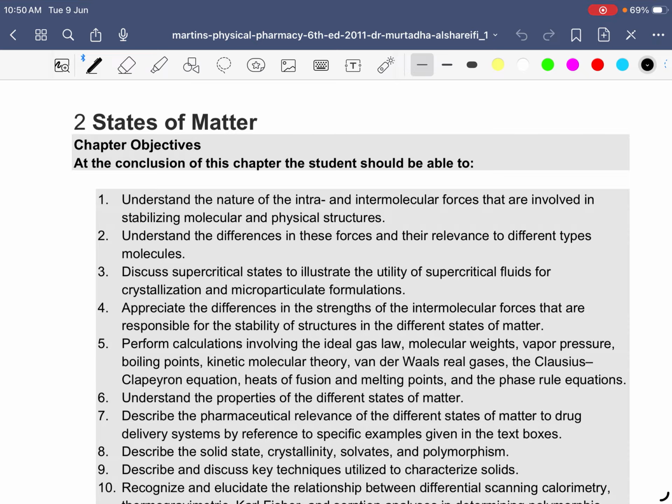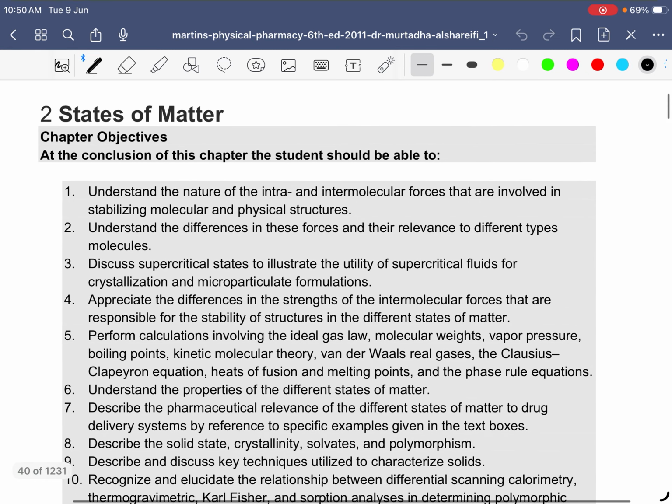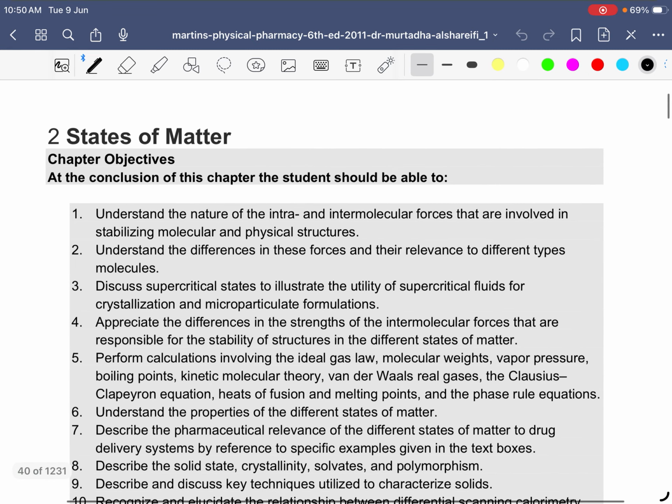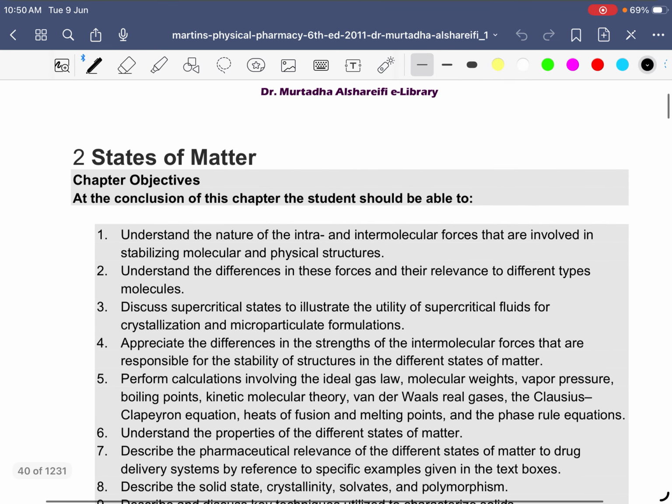So hi everyone, welcome back to another video. तो आज हम देखने वाले हैं फिजिकल फार्मेसी का जो States of Matter करके चैप्टर आता है। ये बेसिकली Martin's Physical Pharmacy का बुक है, ठीक है। तो इसमें States of Matter आज हम बुक रीडिंग में शामिल करने वाले हैं, ठीक है।